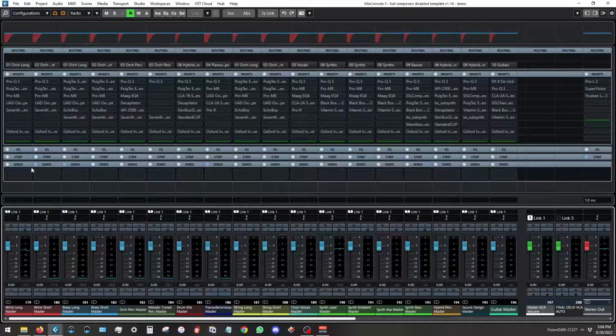So let me say first, these don't have the effect sends, because if I want to separate out the effect sends. Let's say you're trying to set up your session such that you can export things as quickly as possible to give your client what they need for whatever it is you're producing, right? So let's say I send them the stems of my winds long and winds short section if I have woodwinds